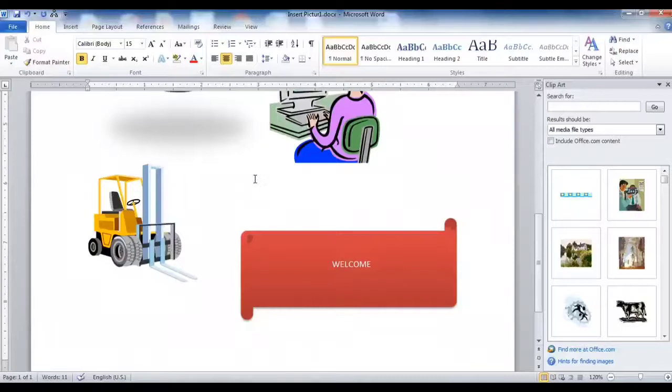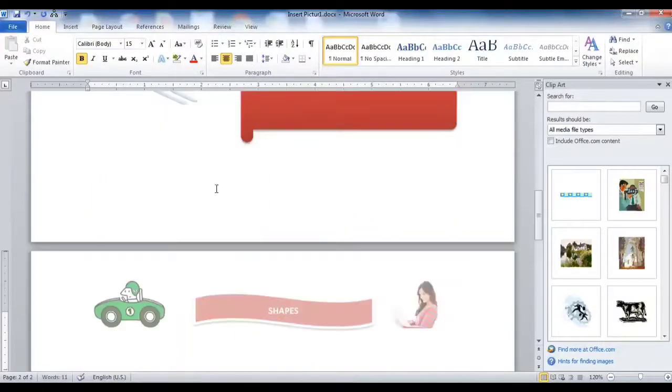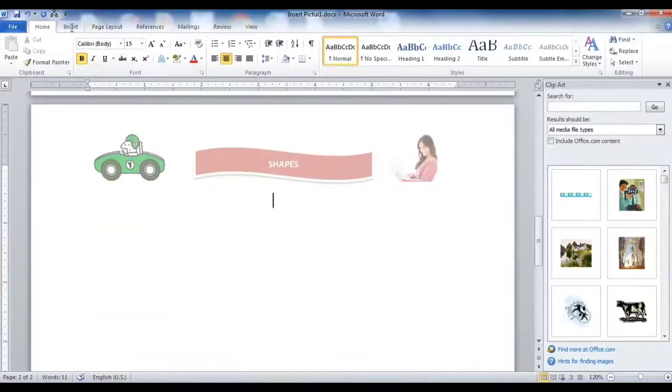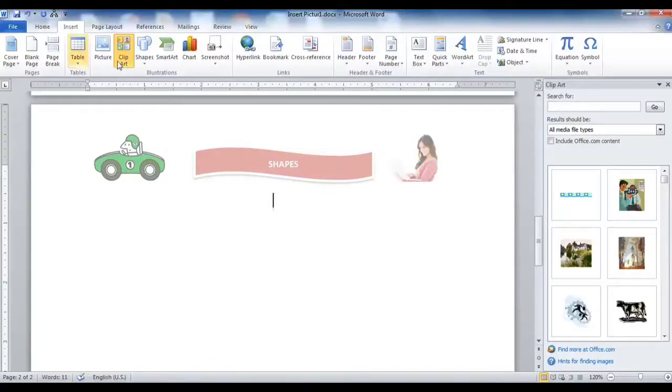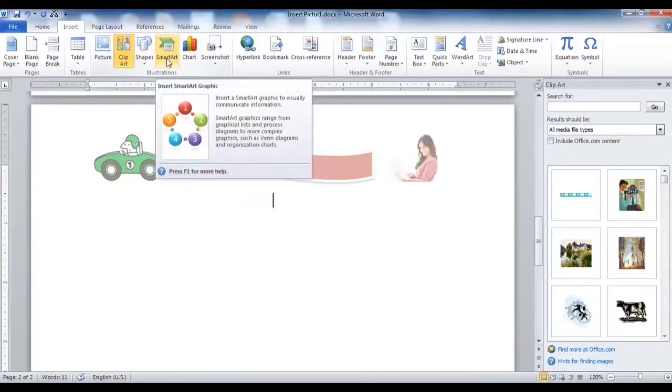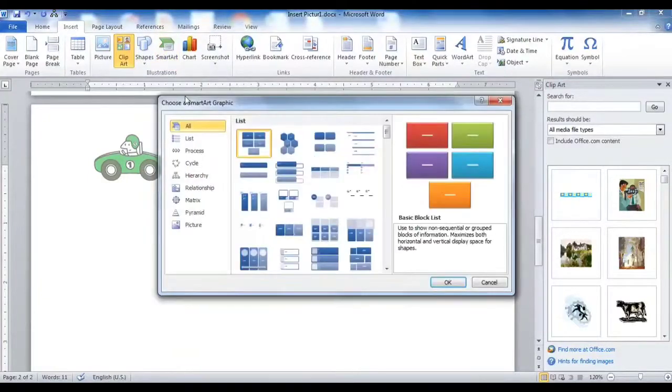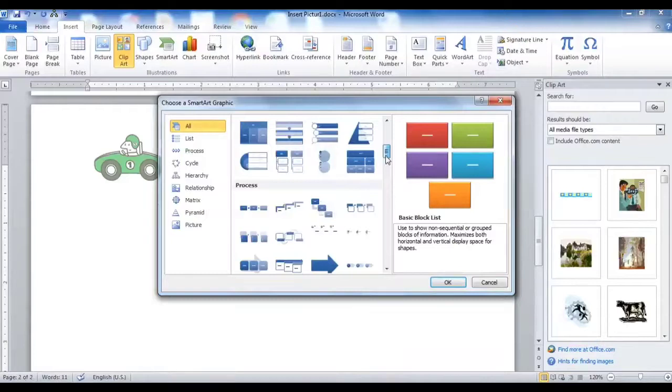The next one is, see, again click on Insert and then click on Smart Art. Select Smart Art, then the Smart Art window will appear, and whatever smart art you want you can select from here, like All, List, Cycle, whichever type you want. Just drag it down.